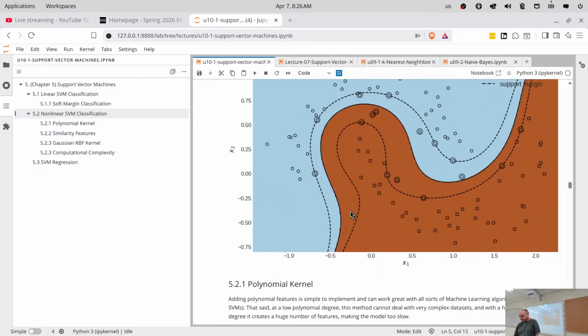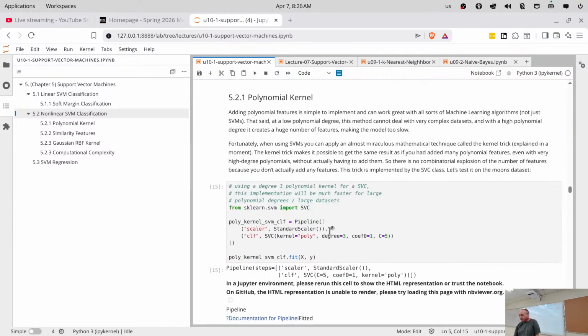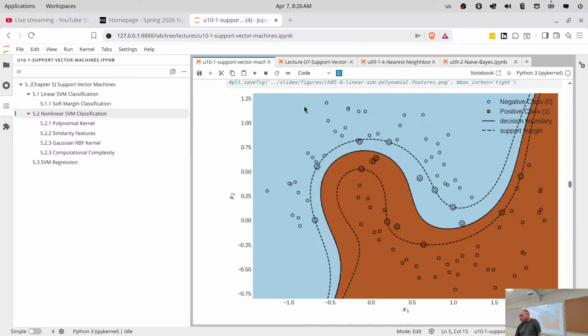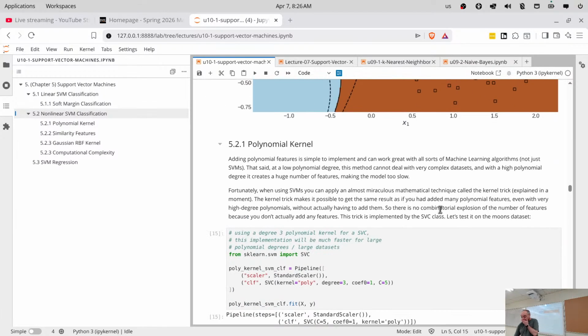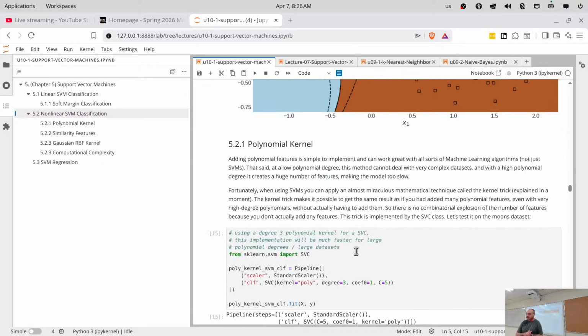So with two features, and if we're using a degree 3 polynomial here, really this is going to be doing the same thing that we did for our assignment. It's going to get the first, second, and third power for each of the two features, x1 and x2, plus also the combinations of x1 times x2 and x1 squared times x2, those kinds of things. All right. But once you have those, then you fit using the support vector machine